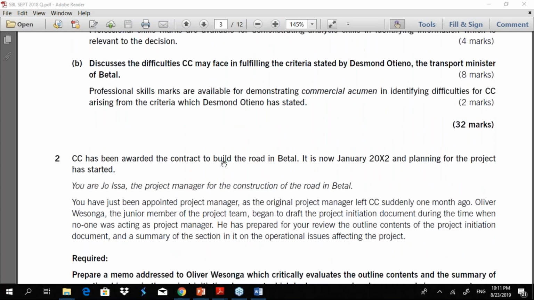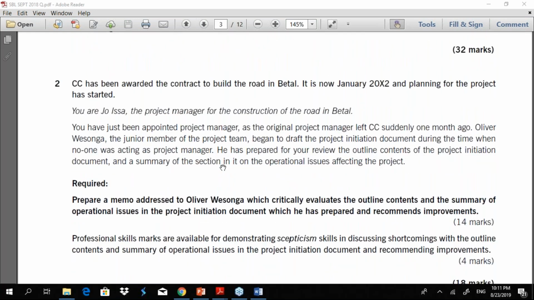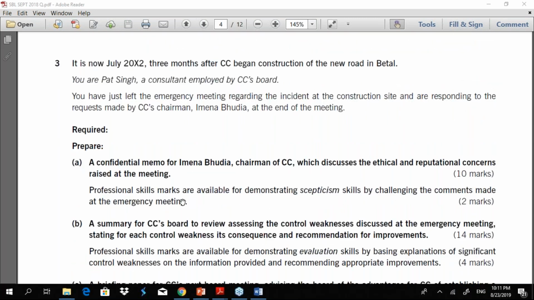Looking at 2, here we need to have an idea of PID, project initiation document. So that is technical, plus a bit of business knowledge as well. And then 3A is about ethics, technical knowledge plus a lot of practical examples.